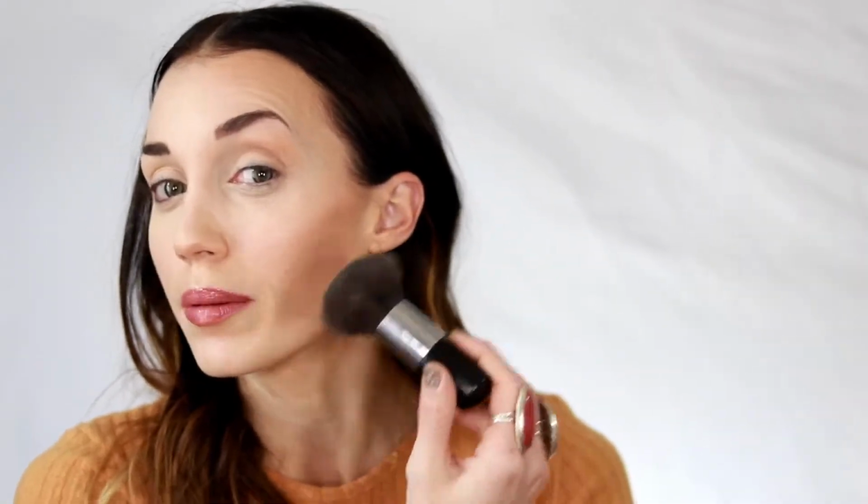I'm just gonna take my big fluffy brush and get that bronzer really fluffy on there. Look at it, it's just so pretty and natural looking, okay? And again, I'm just holding my brush really lightly. So that's how I would apply my bronzer, and when I'm not wearing any eye makeup,